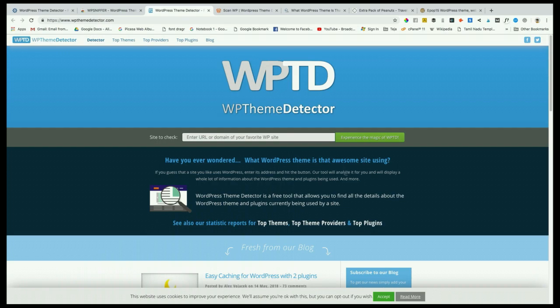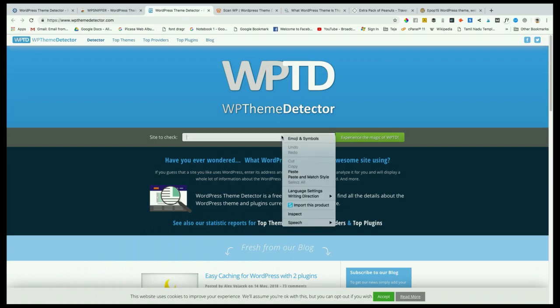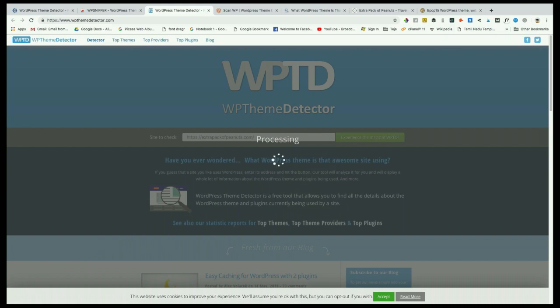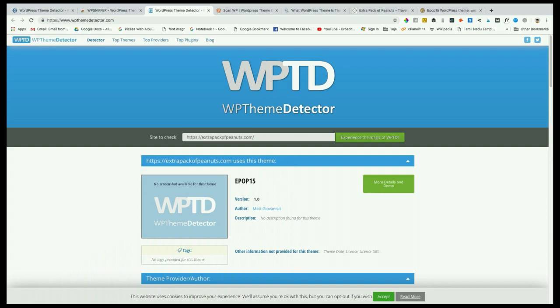Then the third tool that I have is WP Theme Detector, which is WordPress Theme Detector. Let's put in the website that we have in mind and see what happens. Now, just because a website is not giving you a theme name doesn't mean that the tool is wrong. It could also mean that the website you were searching for has been custom built, and there is no guarantee that you will be able to find out the theme of a WordPress website at any cost using